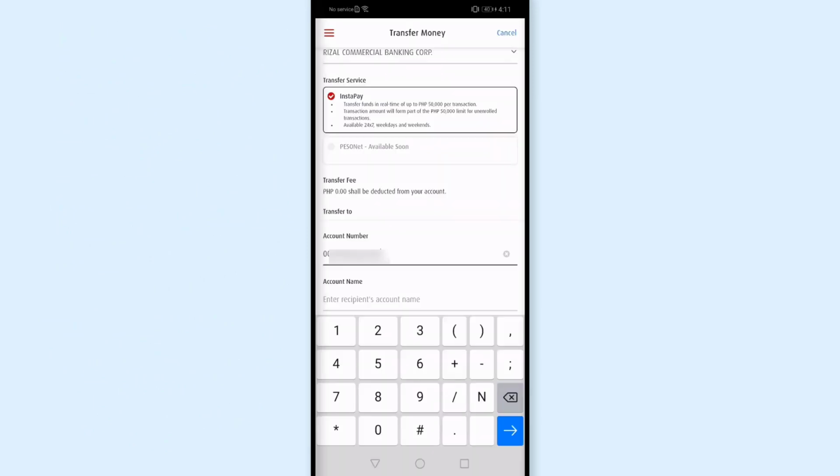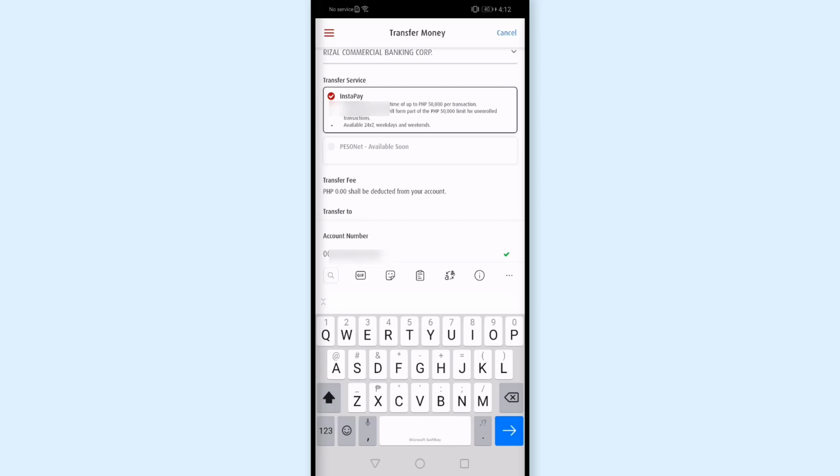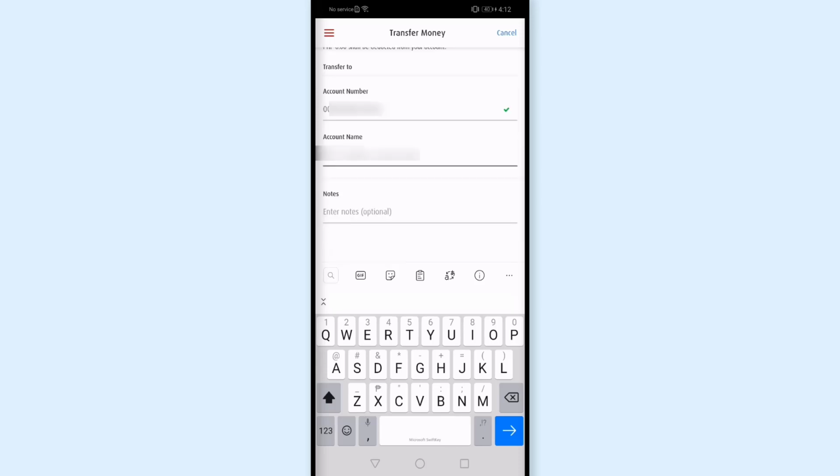So, make sure lang na tama yung account number na nilalagay nyo rito para maiwasan natin yung issue sa pag-raise or pag-report ng issue sa RCBC or sa BPI. And then, for account name, since sa akin din nakapangalan tong Diskartech account, ilalagay ko dito yung pangalan ko. So, ang ilalagay nyo rito is kung sino yung owner ng bank account na yon or ng Diskartech account na yon. And then, for notes, lagay ko na lang dito is Diskartech